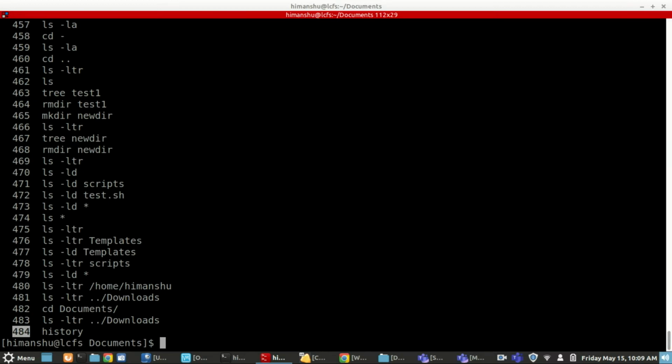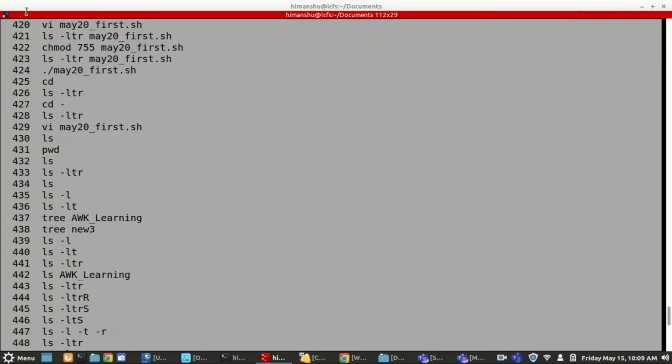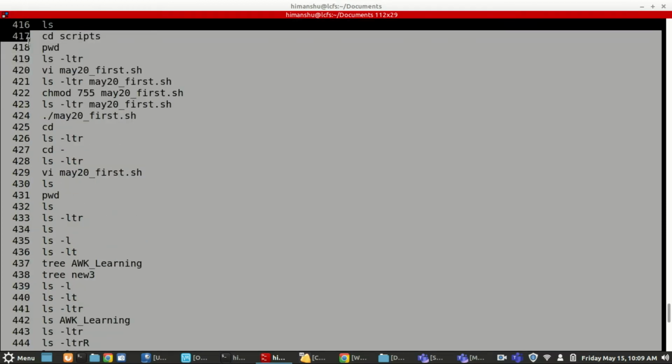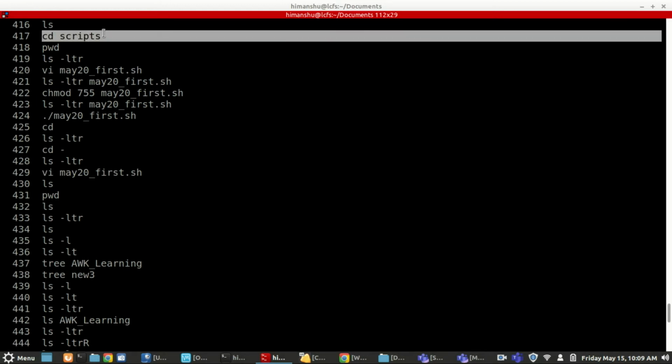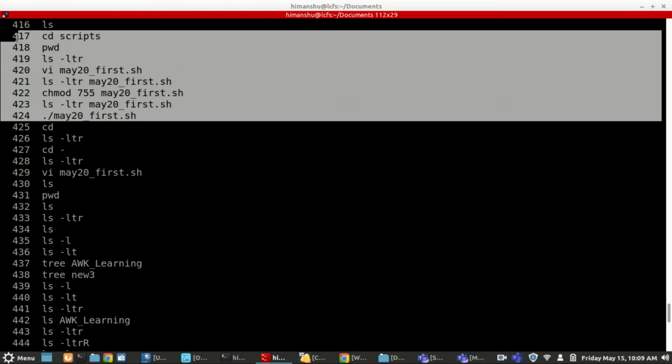So you can verify, or if you don't remember what command you have executed earlier, you can find out. Many times it happens in real time that you are working on a new environment, you are not sure what earlier people or other team members are using, and no one is there. So you can refer to the history command to see what commands they used earlier for starting services or doing anything. You will get an idea that okay, they went to a specific directory with cd, then they did something. So you can verify from that also, right?